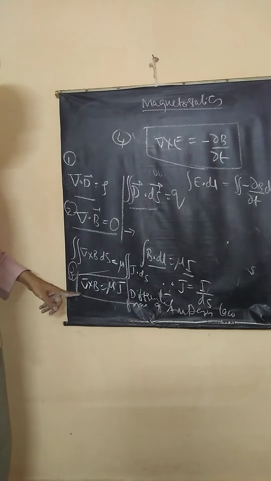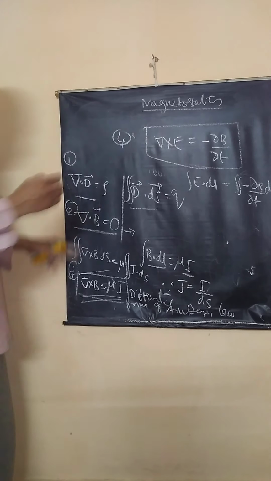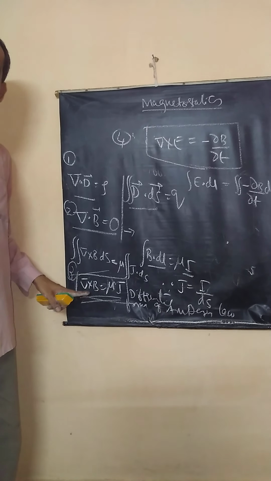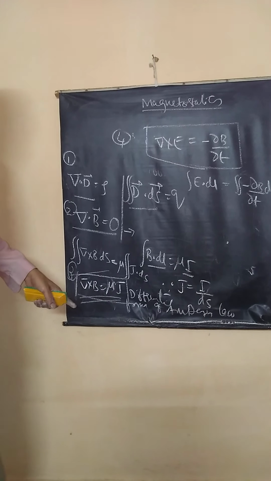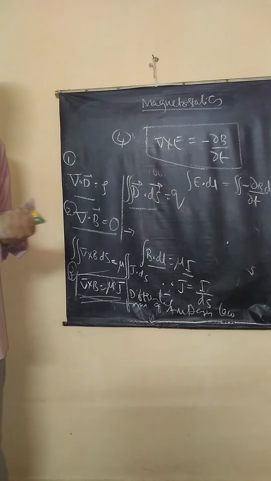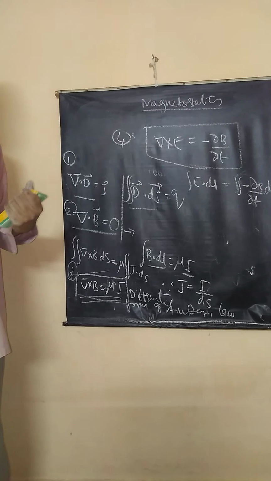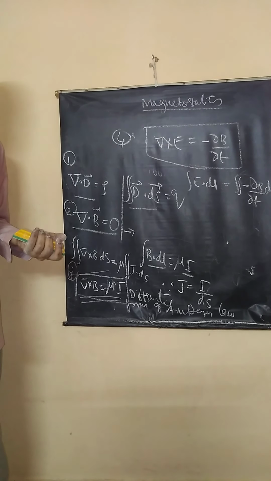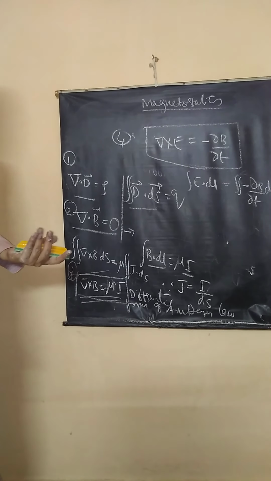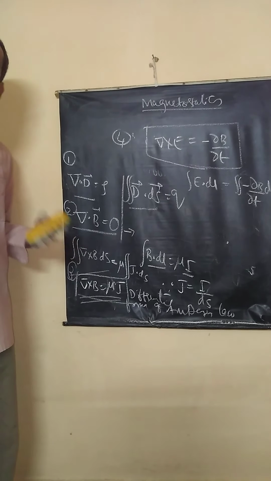You must know it, practice it, and in the next class I am going to discuss how Maxwell corrected this Ampere's law. This is now called Ampere's law. After correcting this, Maxwell arrived at what are called displacement currents. Through displacement currents, he showed how electromagnetic waves can be produced by oscillating charges. He wrote these equations in 1865. Hertz developed the first antenna to demonstrate production of electromagnetic waves due to oscillation of charges.